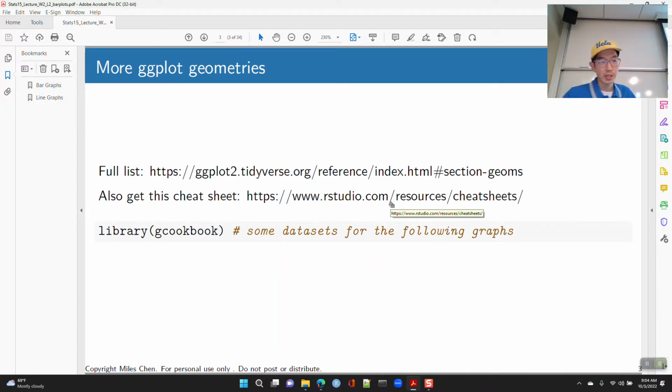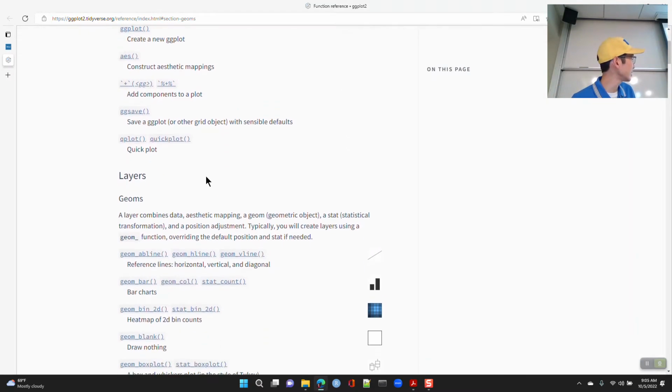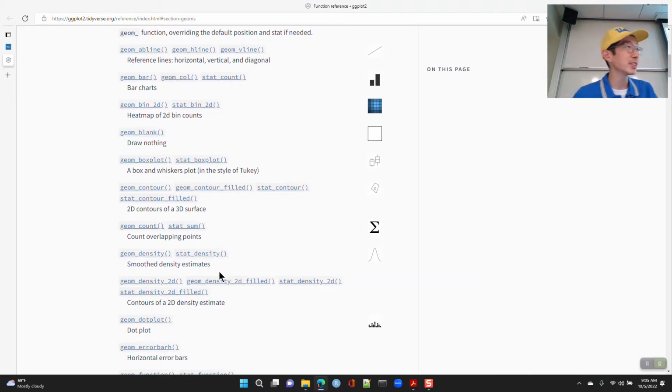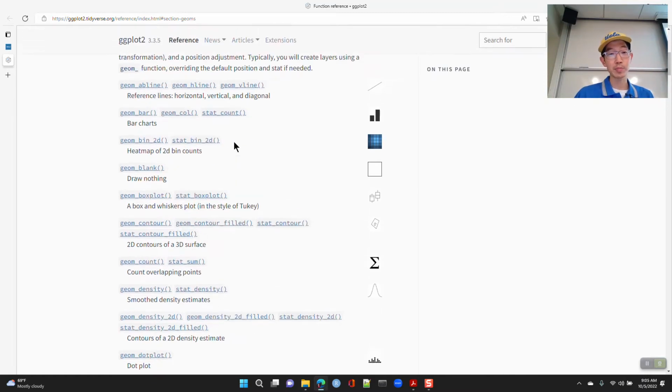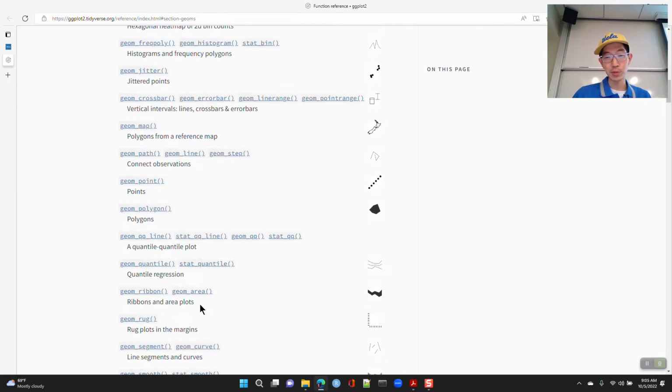Other geometries, and today the geometry I want to look at is the column or the bar, and we'll look at that. There are lots of different geometries that are available, and certainly I'm not going to have time to cover all of them. So I wanted to point out the ones that I thought were most significant and most important, being the points and the columns. But there's a whole bunch of others,